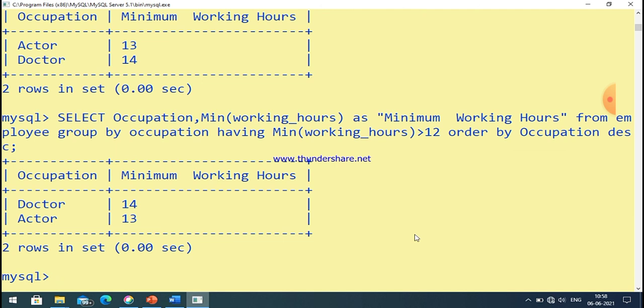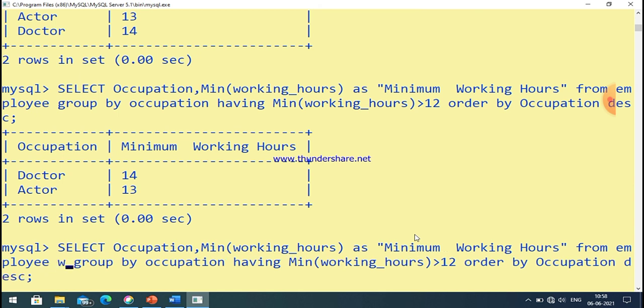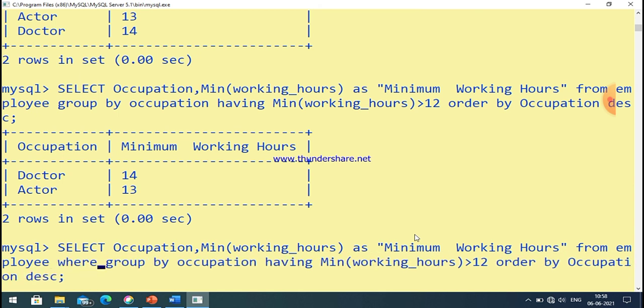Now, one of the most important things is that you can use both where and having clauses in a single query. If there is a condition imposed over a group, you use the having clause, which is mentioned just after the group by clause.